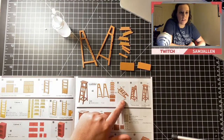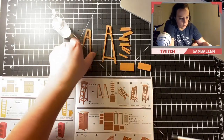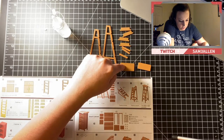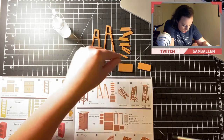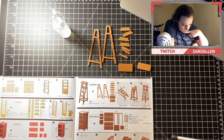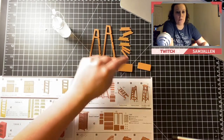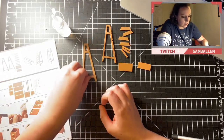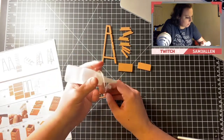They're all the pieces. And then basically it's pretty simple. We're just putting the stairs onto these two pieces, and then this is the top, and then these are like the anchor points, I think. Not a great descriptor, but basically what we're gonna do is, you're quickly gonna see I'm very bad at this